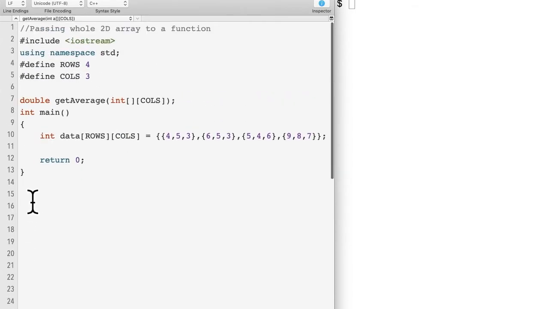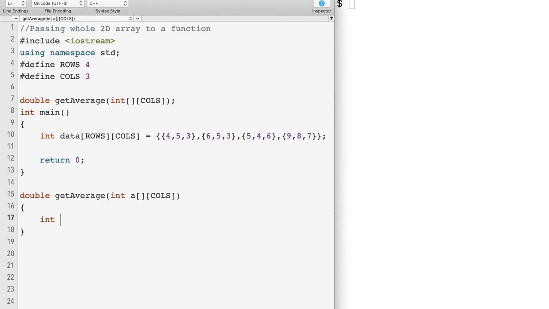For function definition, we can create another parameter name, so we can use the name a, and also in function definition, we need to specify the columns. This function is going to get the average of each value in the data array. As we know, this is a 2D array, so we need to use nested loop.